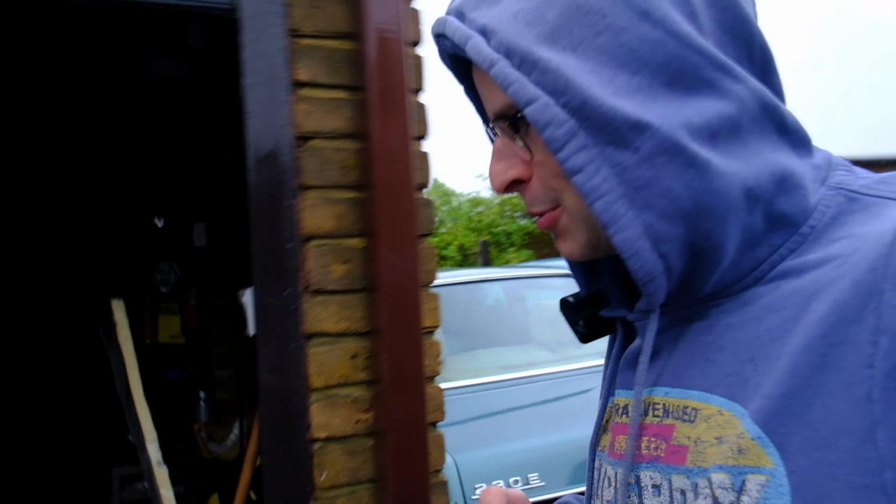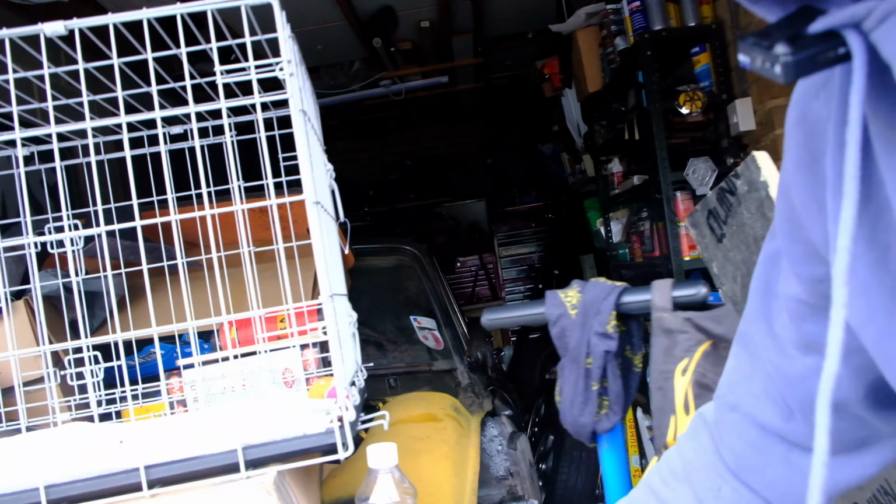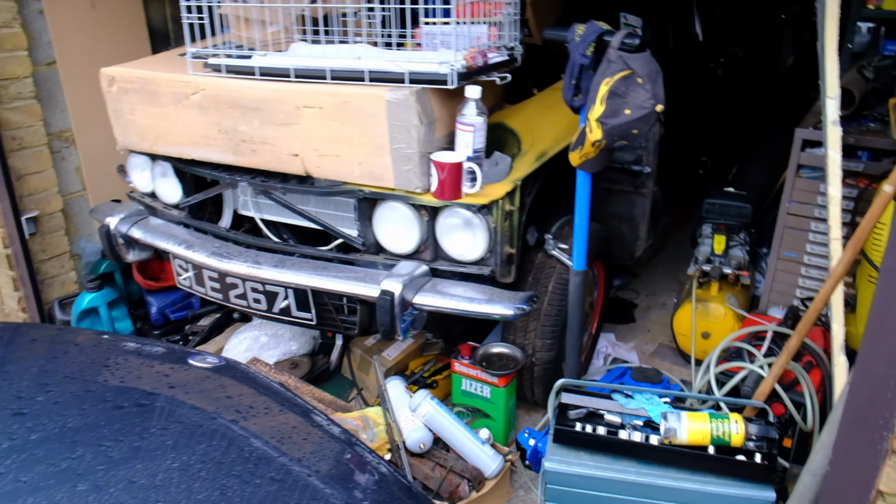So as it's raining, it's horrible. This car here, this long neglected Rover P6,